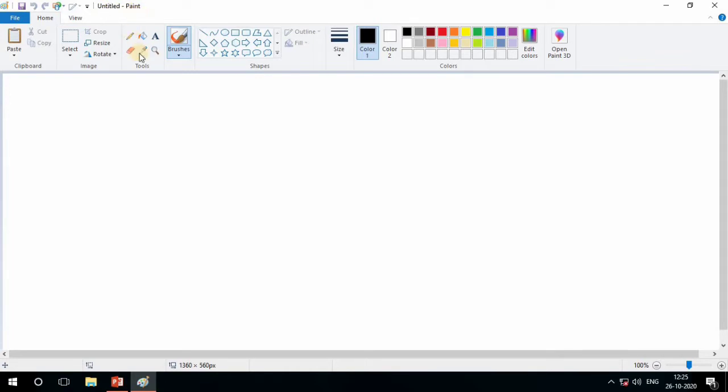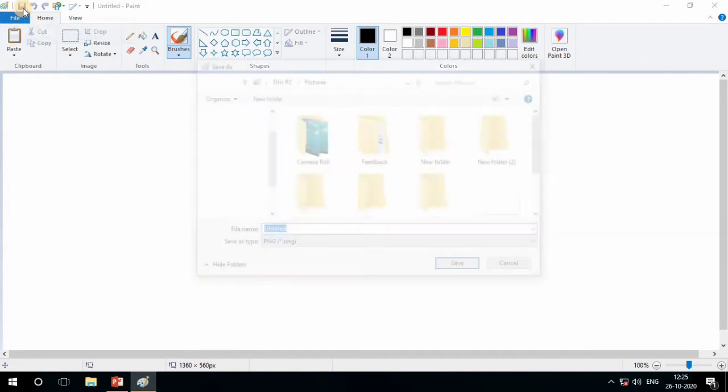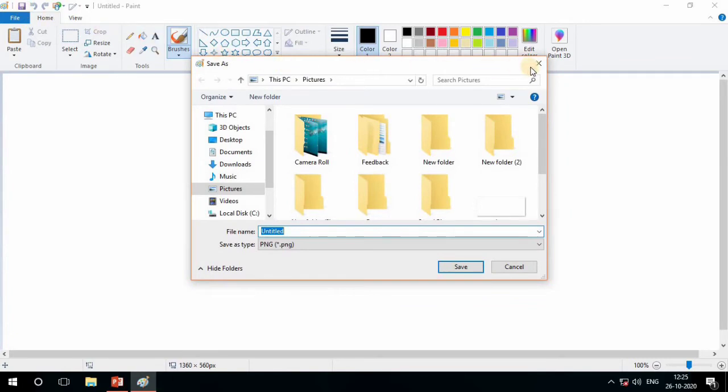So before starting our paint, let's save our paint window. For that, click on this button to save the current picture. By clicking on this, a dialog box opens. It is a save as dialog box. Click here and from the keyboard press the backspace key. And write here the picture name. I am giving here second demo.